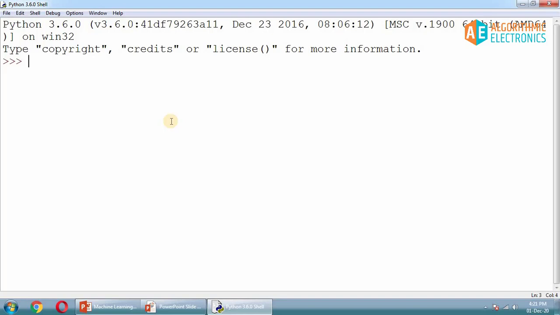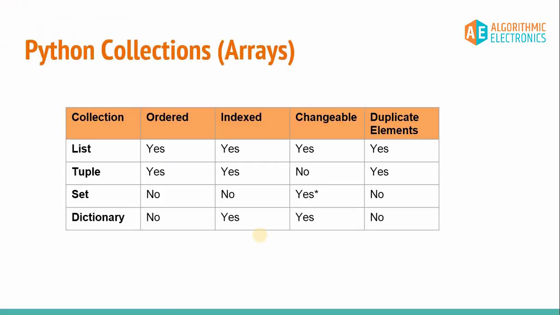And today I'm going to use only the Python shell and not the Python editor window, because I have to do a lot of experimentation while discussing this Python list. And what are the things that we are going to discuss? I'll show you what we are going to do today in order to verify these properties of this list.